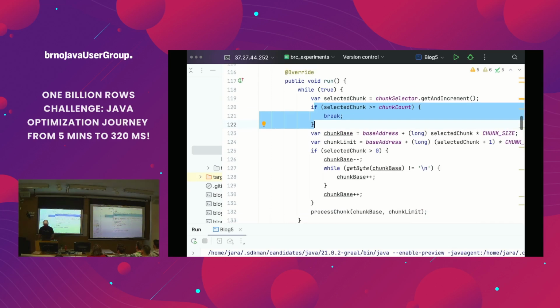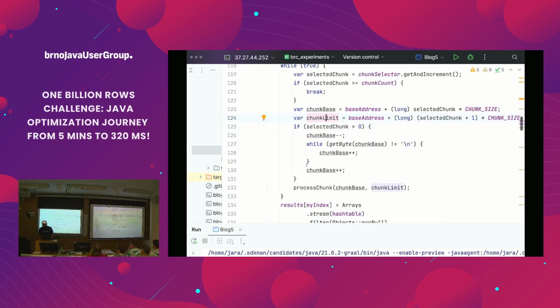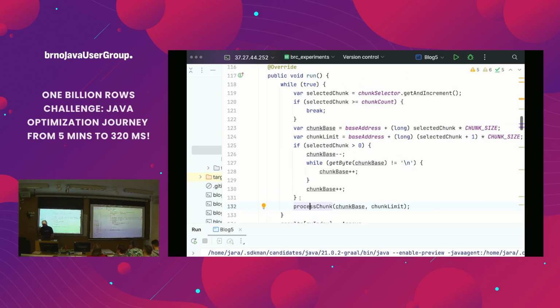But if the number I claimed is less than total chunk count, then I know if that number is 5, then I know that chunk number 5 is mine. So I calculate where the chunk is starting, where is it ending, and then I process the chunk. This was 10 megabytes, and then I do the same.